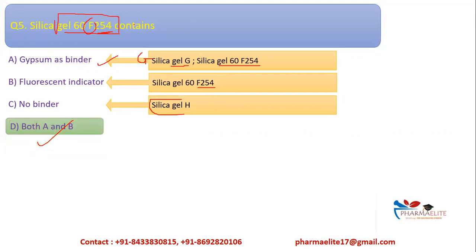In this case, when we use gypsum as a binder, that is calcium sulfate hemihydrate, this binder is added to help in better adsorption, that is attachment to the plates. And the terminal OH groups which are present in the silica gels provide active sites for binding, and thus the efficiency of the technique is increased. Hence we ideally use the one which is having a binder, and the most common binder is gypsum.